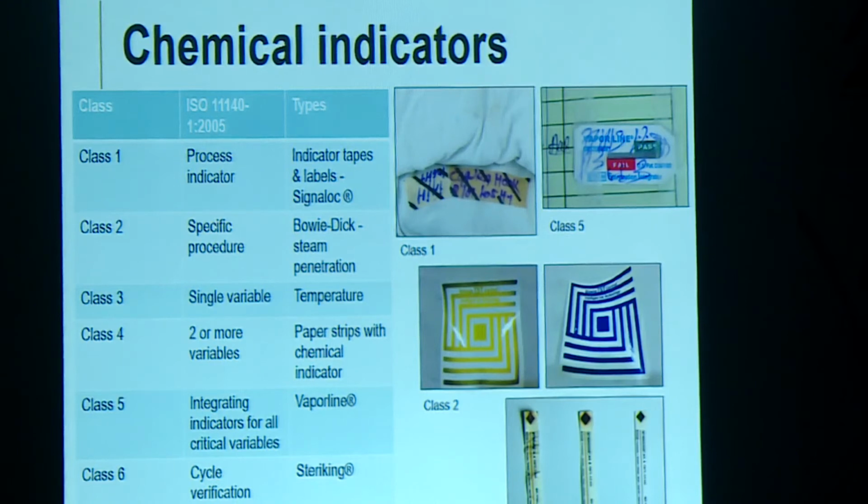How do you know that the steam is penetrating your load? Maybe your OT technician has stuffed the sterilizer completely and the steam cannot percolate. So you need to have a Bowie-Dick steam penetration test, which they do every day. Bowie-Dick is expensive. Normally it's recommended that it should be done at the beginning, but the entire process is quite expensive. So you can check, according to your comfort level, at least twice a month. So that is how it works out.